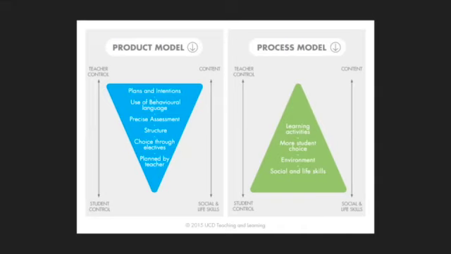Now, in the process model, learning is the primary responsibility of the student, shown by this triangle with the base at the bottom. That's where the student responsibility is. The student is given choices. In the product model, there are very limited choices. For the process model, the student can choose what experiences he or she wants to have while undergoing that process of education. Now, because he or she has the choice, social and